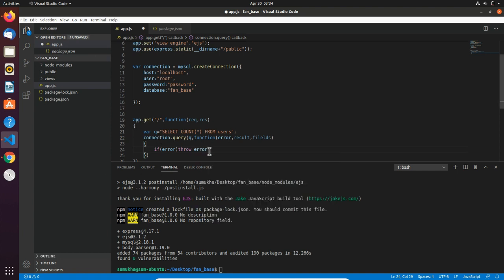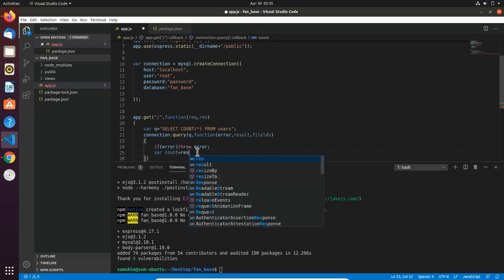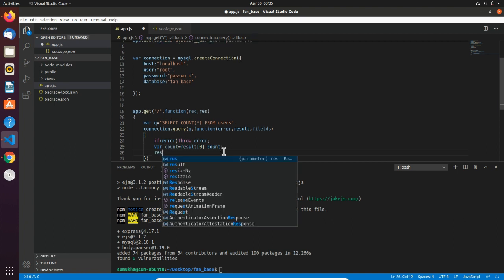We are establishing this query connection so that we get the count variable from the database and also show that count variable in home.js. So put a semicolon here and use a count variable where count is equal to result 0 dot count. Okay, this is the result field, which will be having our count.